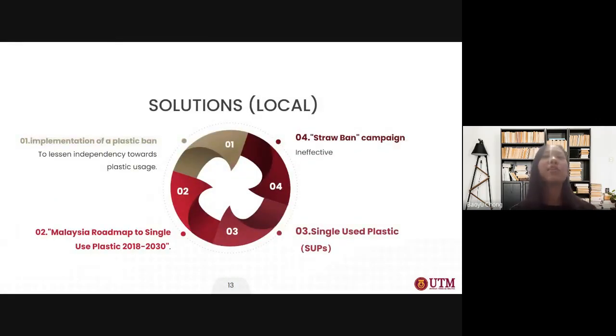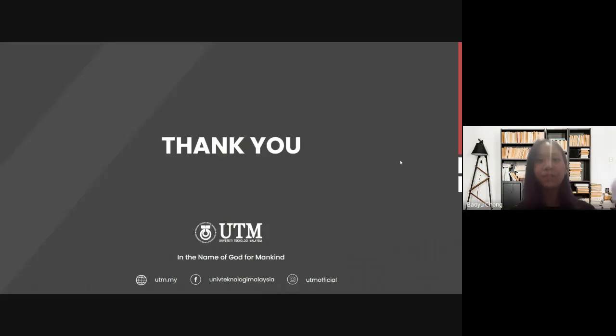So solutions locally, we have implementation of a plastic ban to lessen dependency on plastic usage. We have no plastic on start today. You need to pay for the plastic if you want. So Malaysia's roadmap to single-use plastic 2018 to 2030, and also the straw ban campaign. Unfortunately, it was ineffective because it is more targeted to the business rather than consumers. That's all from